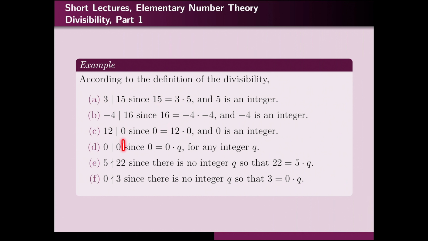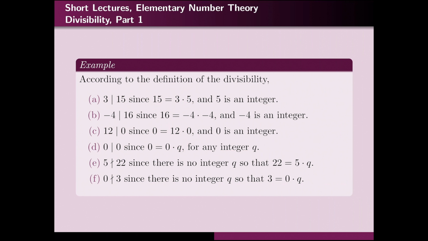Importantly, this one is also true. So if someone tells you 0 divides 0, is it true or false? We say it is true, because the number on the right, in this case 0, is equal to the number on the left, in this case again 0, multiplied by any integer q. So you don't really need to fine-tune this q here. In the previous cases, q here is only 5. Here q is only minus 4, and here q is only 0. But here you have the freedom. You can choose q any number, but we don't need any number, we need integers, so q can be any integer number.